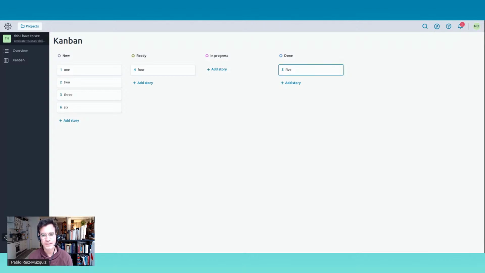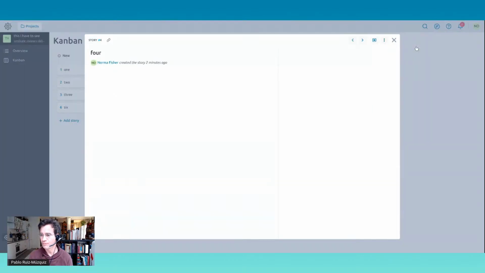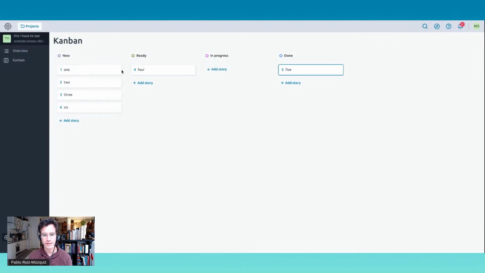Now there are more things that I can do, so I just deactivated the screen reader. Of course, there are ways to show the user story. We have different modal views and things like that. And everything you see here that I click on